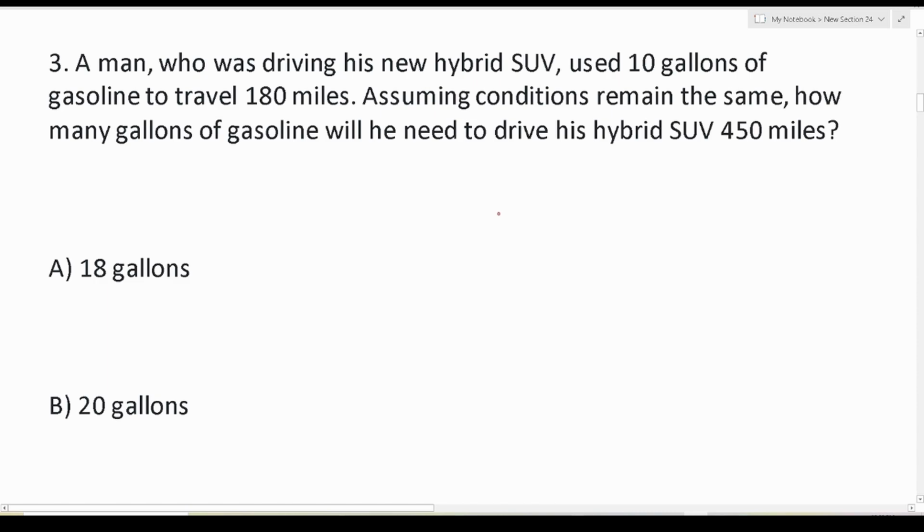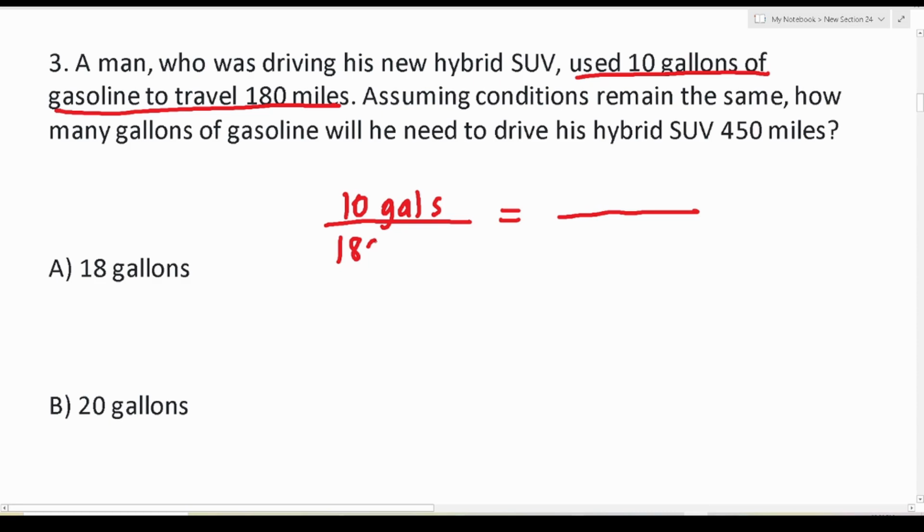And in case you haven't seen that in a while, proportion looks like this. You have 2 fractions that are equal to each other. And what I like to do is fill in the left-hand side of this equal sign with the information that's given, and then I'll fill in the right-hand side with the information I'm trying to find. So according to this problem, they use 10 gallons of gas to travel 180 miles. So I'm going to write 10 gallons